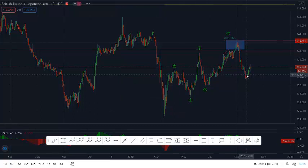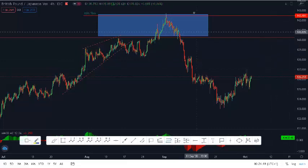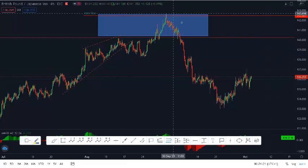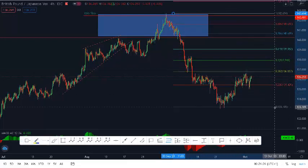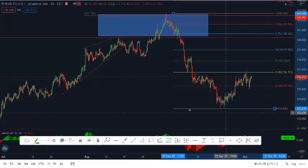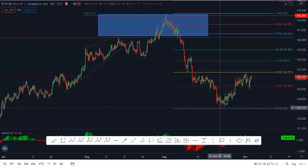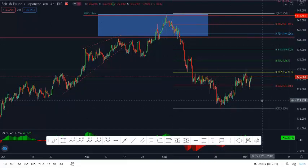In 4 hours, you can see, let me put Fibonacci. The drop from here to here looks impulsive. Of course, it is an impulse, though it is in correction, but it's an impulse because this is A, we're looking for B, then we have C. So what we will do right now, sorry that I didn't label it, I don't have the time, but what